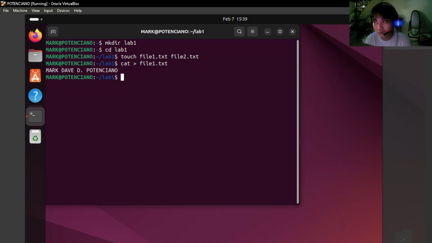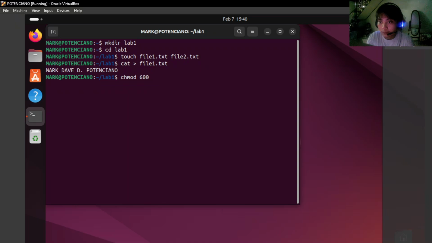So we need to change the permission to read and write only. The command is chmod, or change file permission, 600, because 600 means read and write.